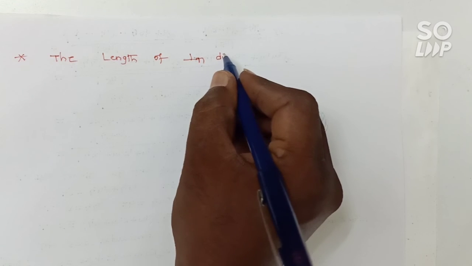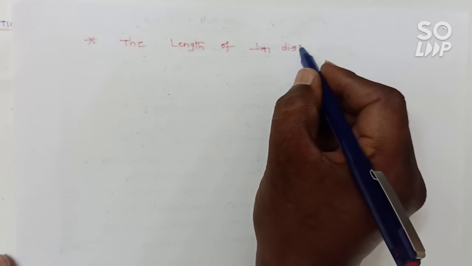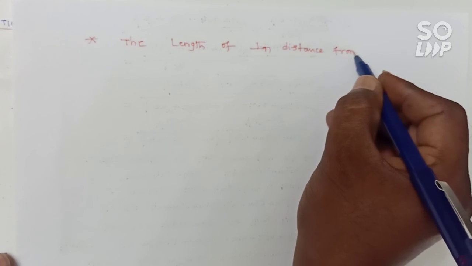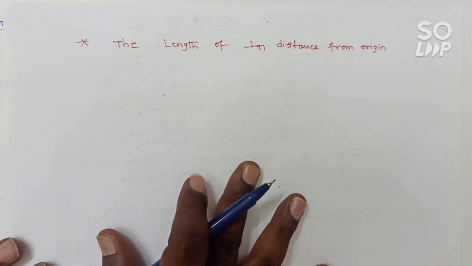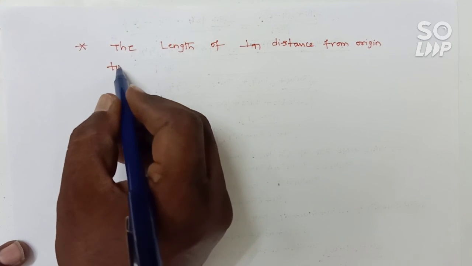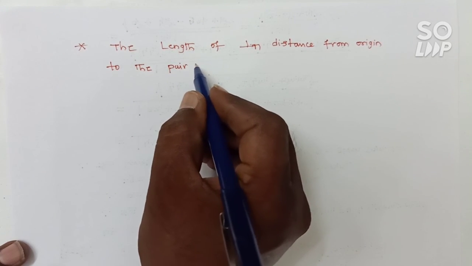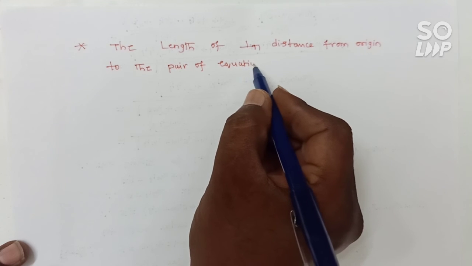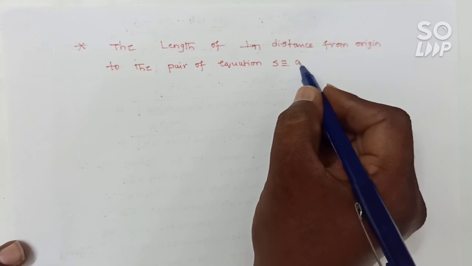The length of perpendicular distance from origin to the pair of equation, where the pair of equation is S = ax square